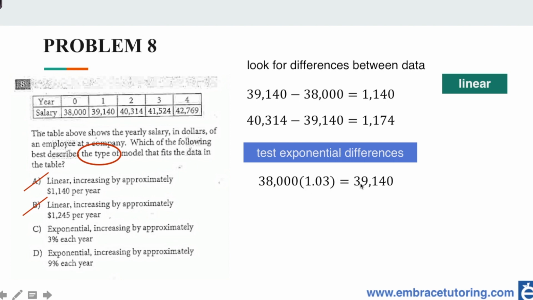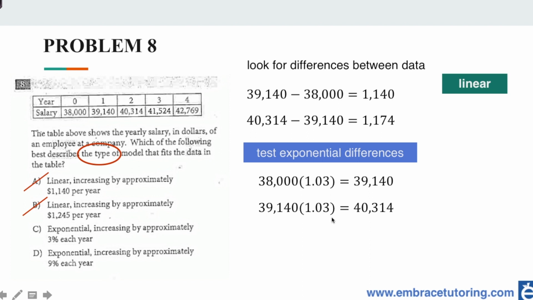And I indeed do get 39,140. So when I go from year 0, from 38,000, if I multiply this by a 3% increase, which is my 1.03, I then get 39,140. If I do this exact same, multiplying again this 39,140 by 1.03, which is another 3% increase, I do get